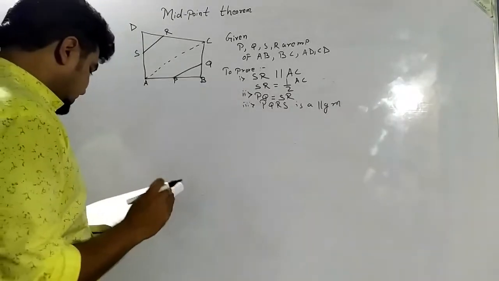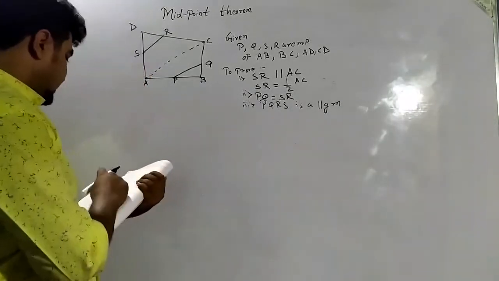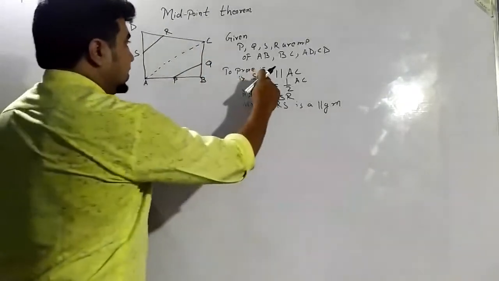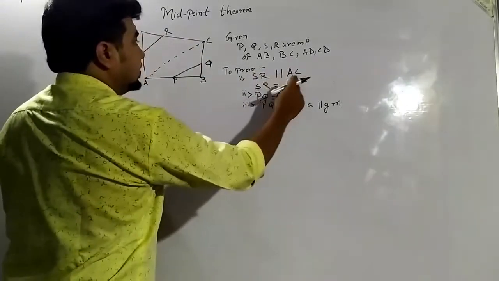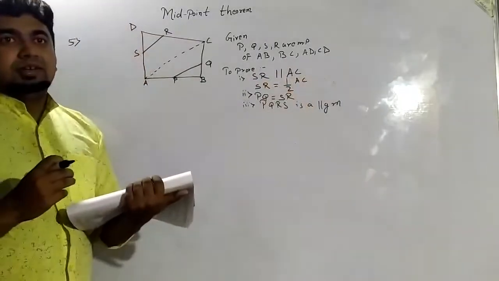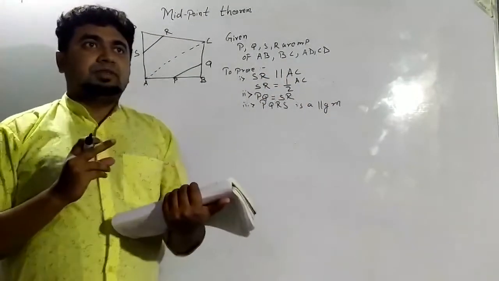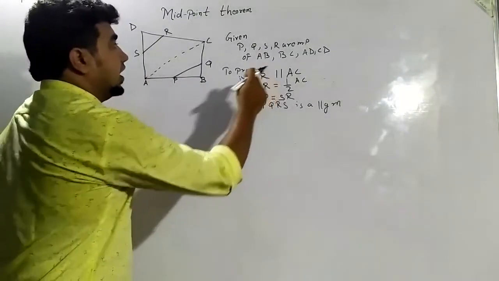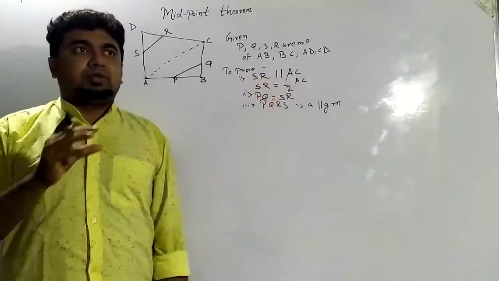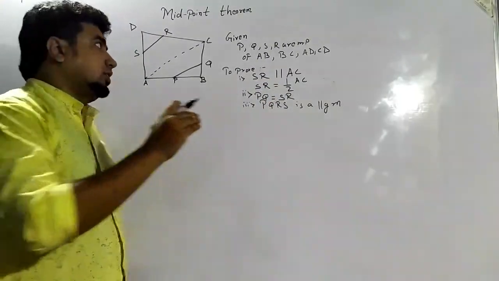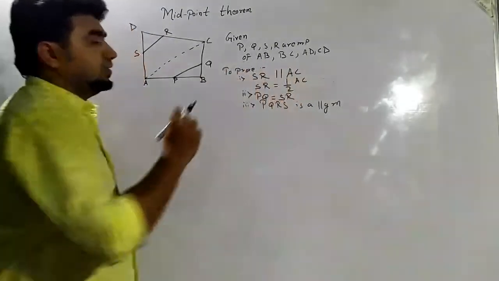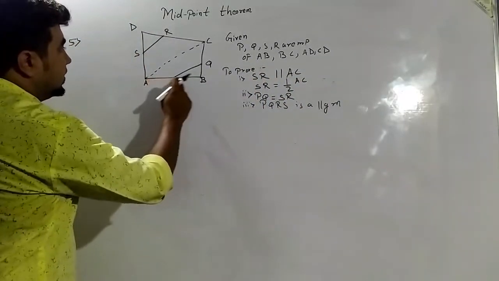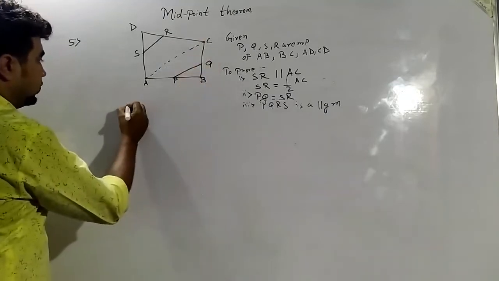Now we have to prove that AC is its diagonal. Now we have to prove that SR is parallel to AC and SR is equal to half of AC. From here we are getting one thing in mind, that we have to choose one triangle. S and R will be certainly midpoints, because the line joining the midpoints is parallel to the base. AC will be certainly the base. So from here, if I will be taking triangle ABC, this is the proof part.